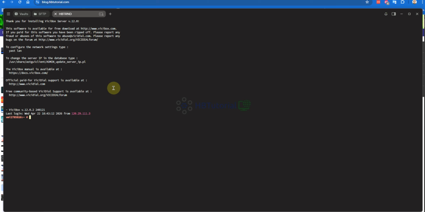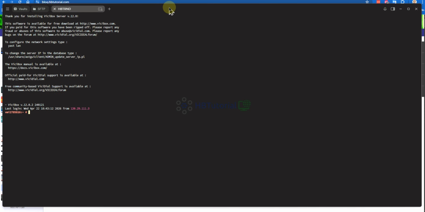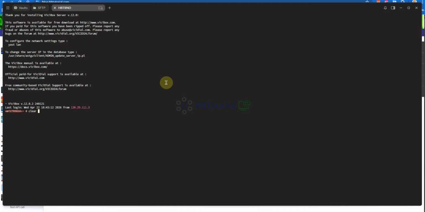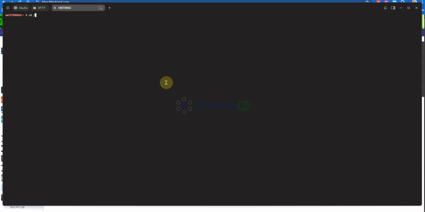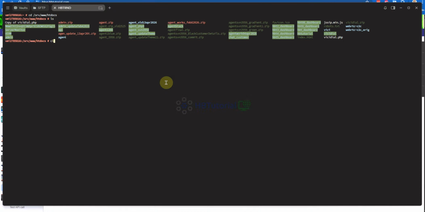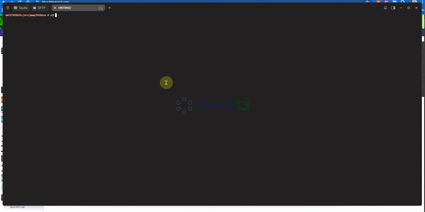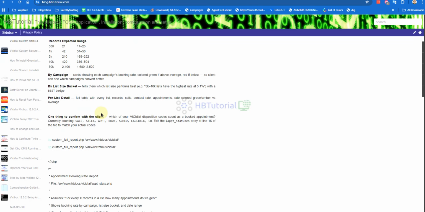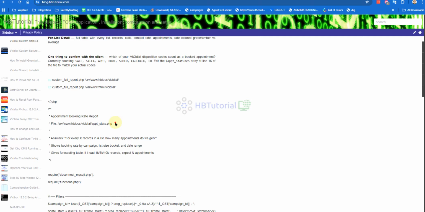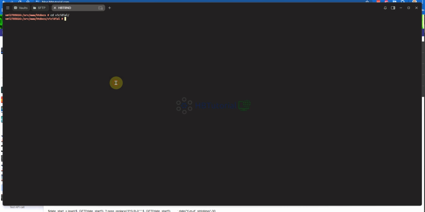backend. So you need to go to your SSH. I'm gonna clear this page, and then I'm using a BC box, so my directory should be on SRB and htdocs. So this is my directory. Okay, CD. So I will go into my BG dial folder. Okay, and then you can copy this one, or if you want to download, I can use this one as appointment stat. Okay, I use Nano for my editor.